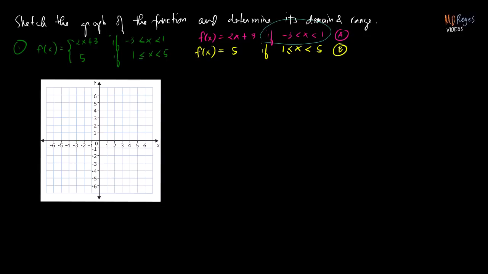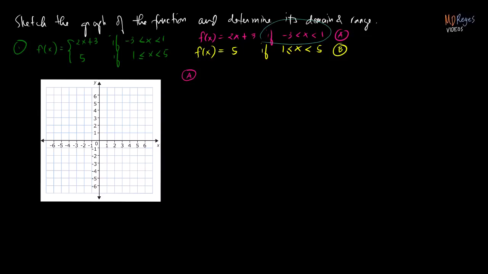Now, how do we get 2 points on that line? So we're in function a first. We just have to take numbers in between negative 3 and 1. Or actually, we can take these endpoints, negative 3 and 1. We just have to remember that negative 3 and 1 is not included in that interval because we have strictly less than